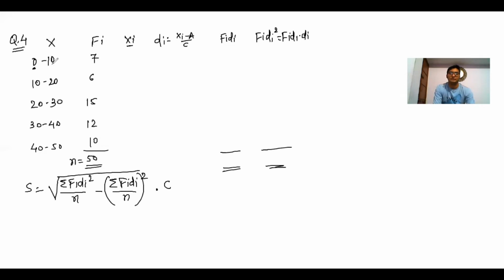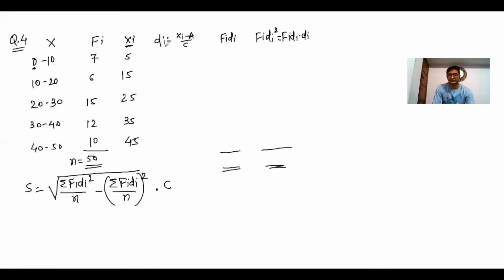Mid value is the total of the two limits of the class divided by 2, so 5, then add 10 in each mid value: 15, 25, 35, 45. Most important, you can do this only when the class intervals are the same in each observation. If the classes are different, then you cannot just add 10 in each observation. You have to do lower value plus upper value divided by 2 in every class.